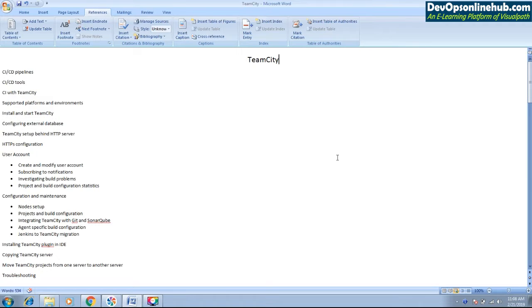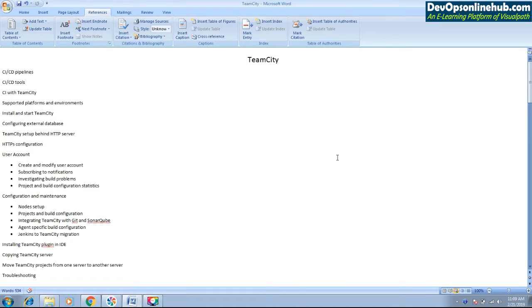And then following, we have CI/CD tools, various open source tools available in the market on CI/CD, that we will be talking about as part of this tutorial. And then how we are going to set up the CI/CD pipeline through TeamCity, which mainly talks about the installation of TeamCity, configuration of TeamCity, and then once we have the TeamCity configured, how we are going to set up